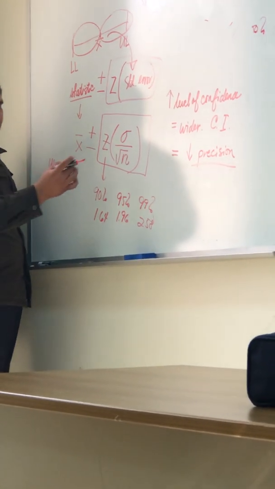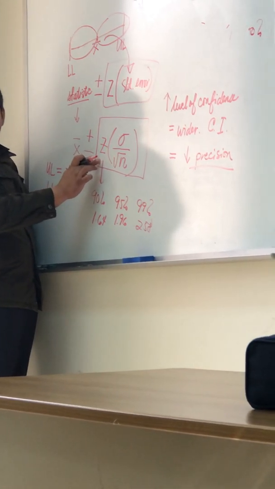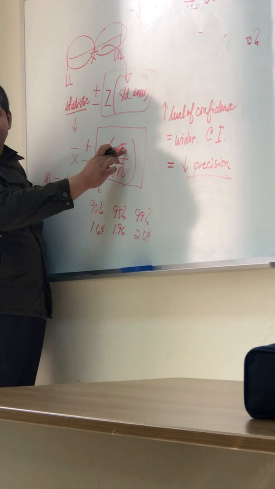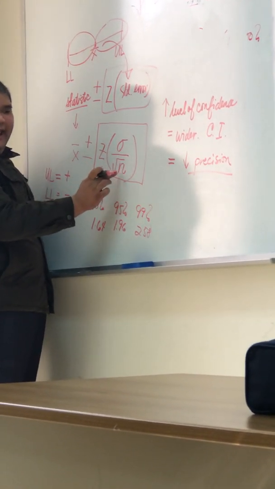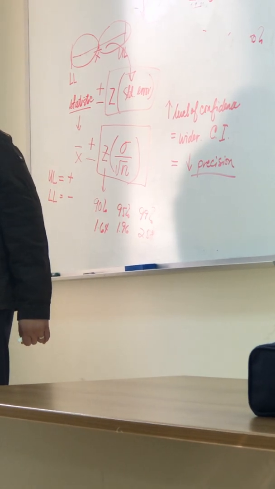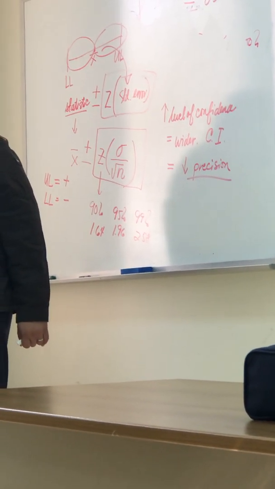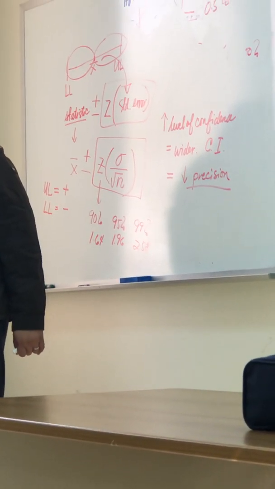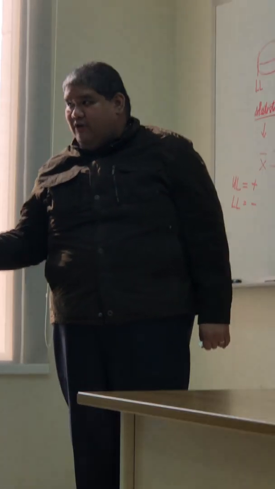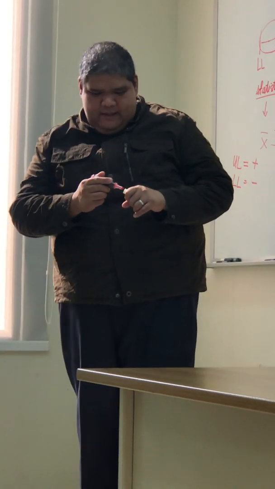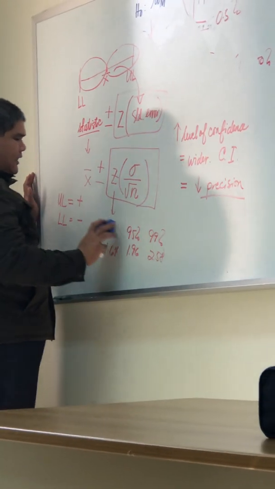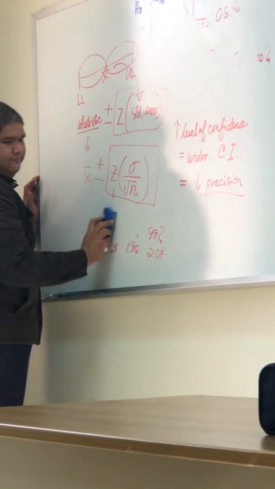So, again, this is the level of confidence. This is the statistic. This is the standard deviation. And n is the number of samples you have. How many individuals in the sample? How many you interview? How many you survey? How many you question? How many you measure? Do you get me? Okay. Now with this, let me just zoom in on this particular formula.